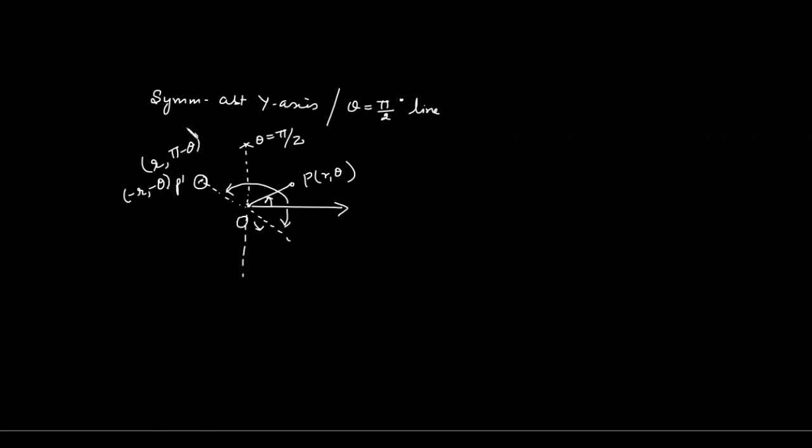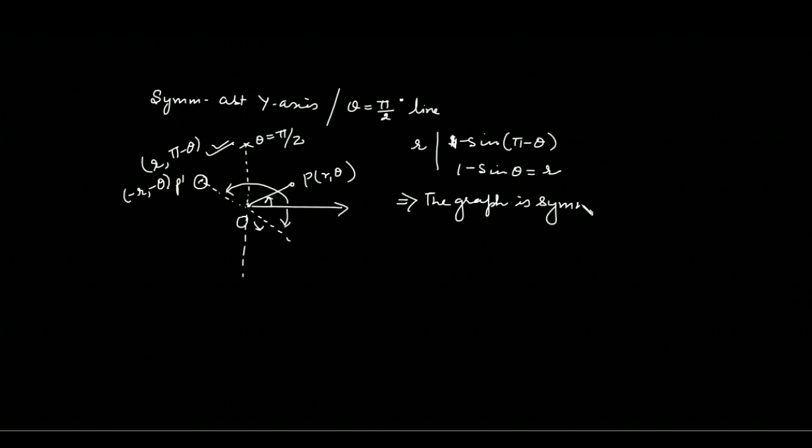So if we substitute the point r comma pi minus theta in r equals 1 minus sine theta, this is again 1 minus sine theta, which is r. So this point satisfies the graph. This implies the graph is symmetrical about y-axis. But since our graph is not symmetrical about x-axis, clearly it is not symmetrical about pole,